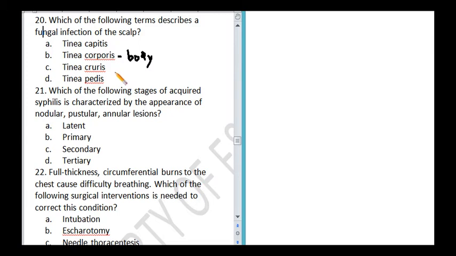Tinea cruris is the fungal infection in the inner thigh, while Tinea pedis is the fungal infection in the foot. Therefore, the answer here is A, because capitis is a fungal infection of the scalp. Answer A. Next,